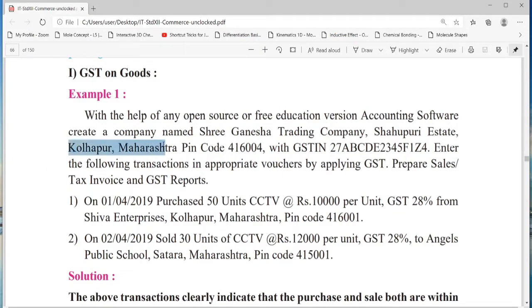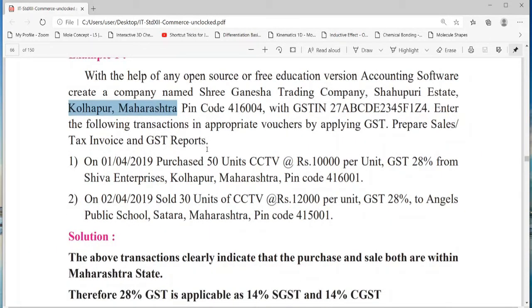The company is from Kolhapur, Maharashtra, and the company is purchasing some CCTVs, and the party or the supplier is also from Kolhapur, Maharashtra. Secondly, Sri Ganesha Trading Company is selling those CCTVs to Angel Public School, and the Angel Public School also belongs to Maharashtra state.